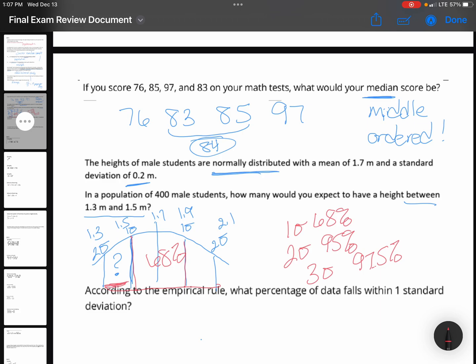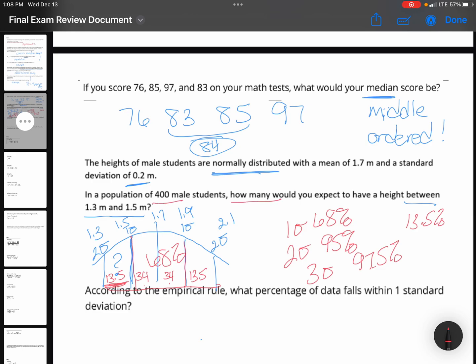All right, so now what we want to do is think, okay, well, what is this right here? Well, you've got to split your 95 a little bit. So you've got, this is 95, but if we split that, it's 34 and 34, which would mean that this right here is only 13.5. Because if you had 13.5 plus 34 plus 34 plus 13.5, that would give you your 95. So we've got this 13.5%.